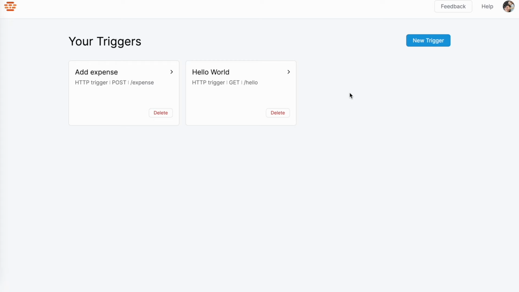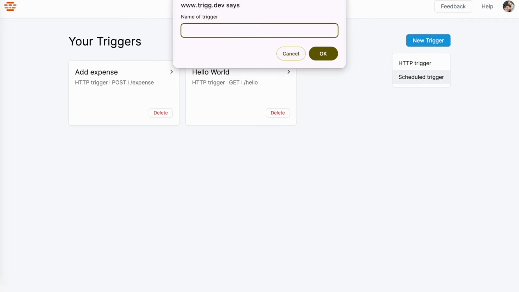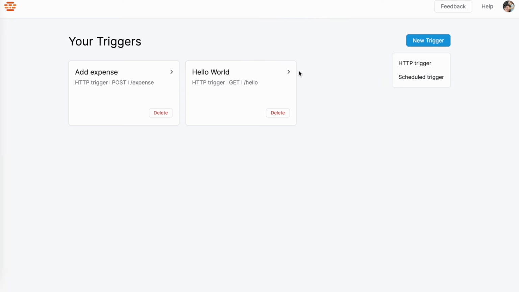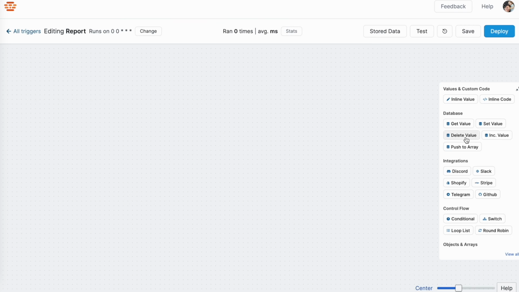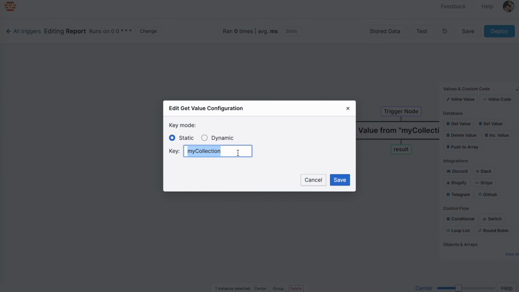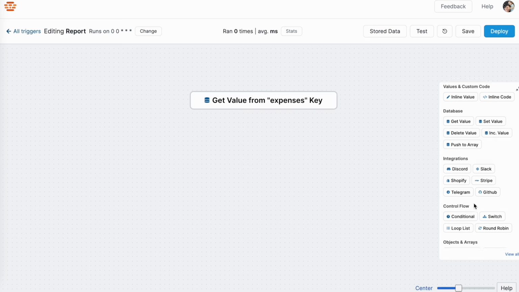Finally, let's add a scheduled report to be sent to Discord every day with the sum of all prices. Now we start with a new trigger, call it report. Let's say we want it at 12 a.m. daily. And now what we want to do is, first of all, get the data from our expenses report, loop